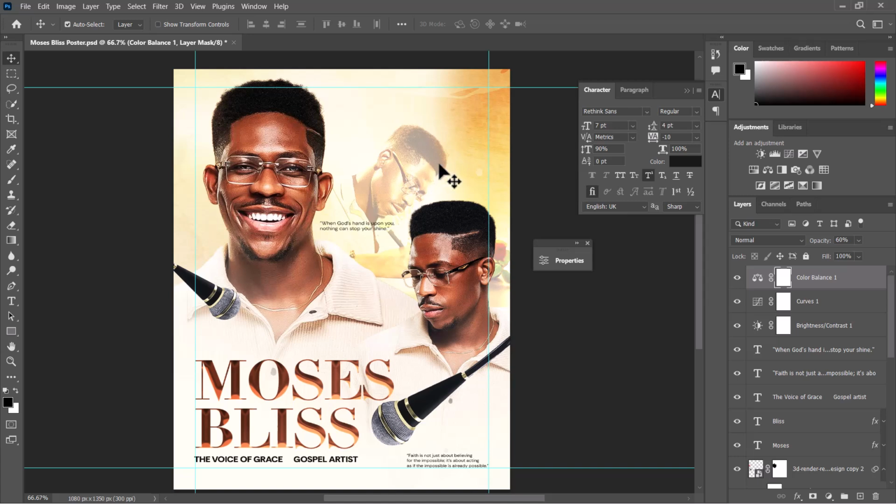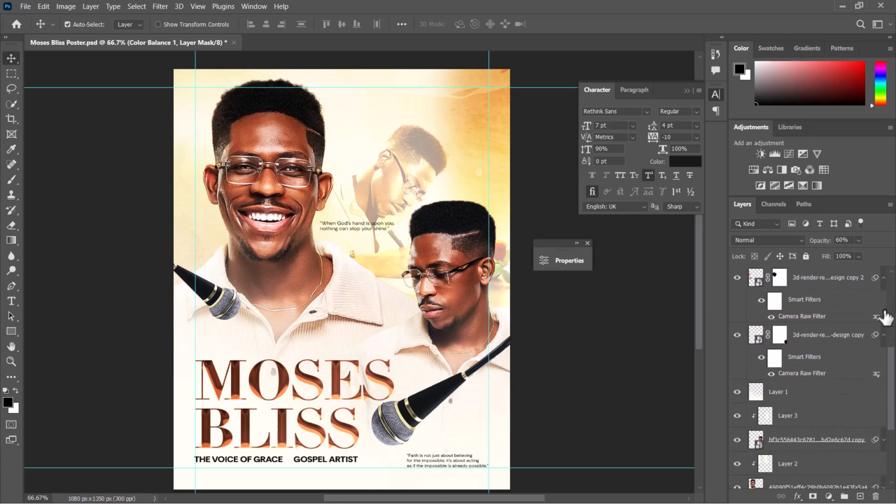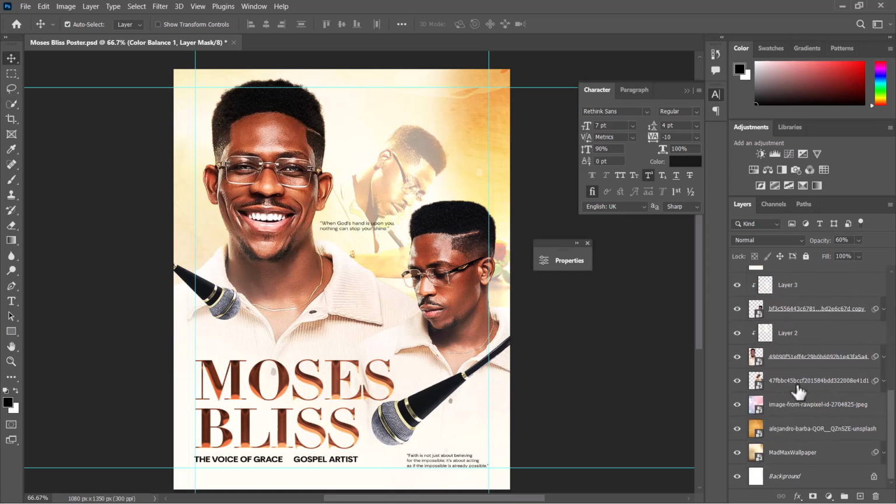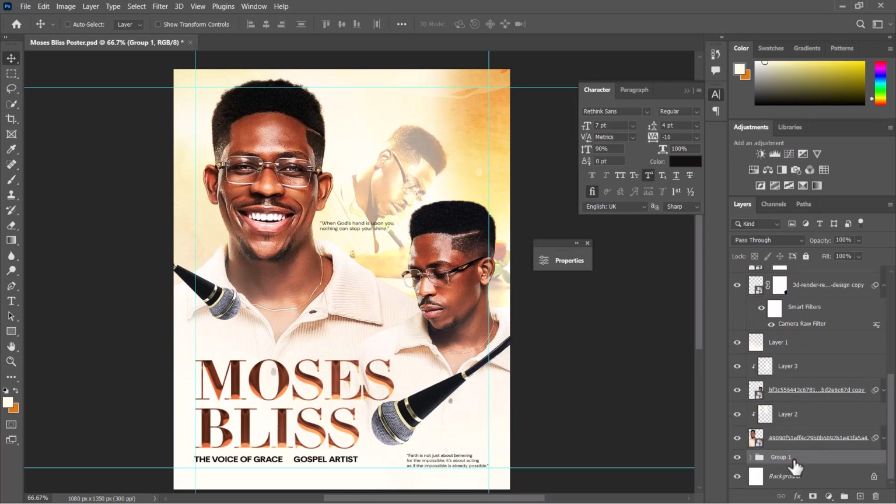So another thing I was thinking is for the background, I would have loved to, probably, for this background area, let me see this one. So I'm going to group it and then I'll duplicate the group, so I'll have a copy of that. So that's another thing you can do. If you want to try out an effect, you can just make duplicates and then